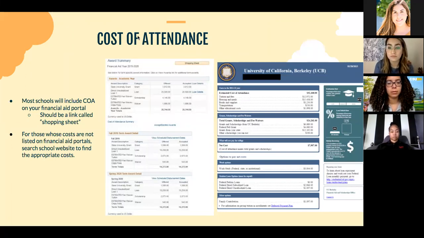And we did provide some examples on the screen, as you can see here. The one on the left side is a Cal State example, and the one on the right side is the UC example. It might vary for the UCs. I know UCs tend to have it differently. They don't have a uniform one. So if you do see it differently, it's okay, as long as it's providing you estimates of the amounts that you would need. For example, in these COA sheets, you'll see approximately how much you need to cover things like transportation and room and board.